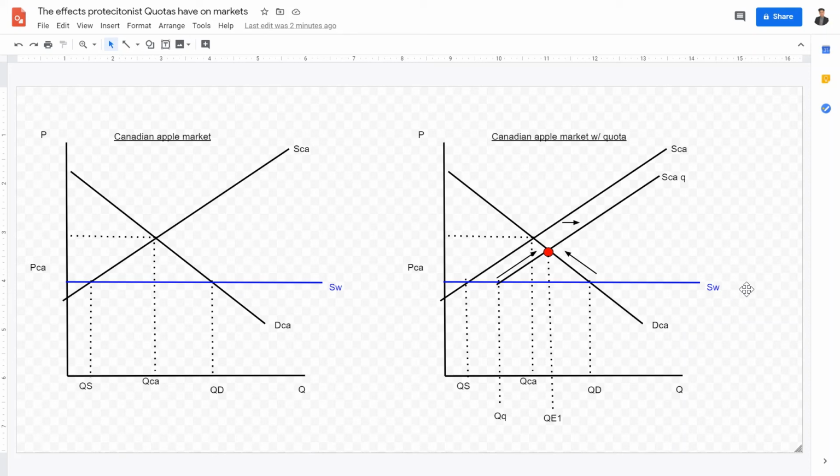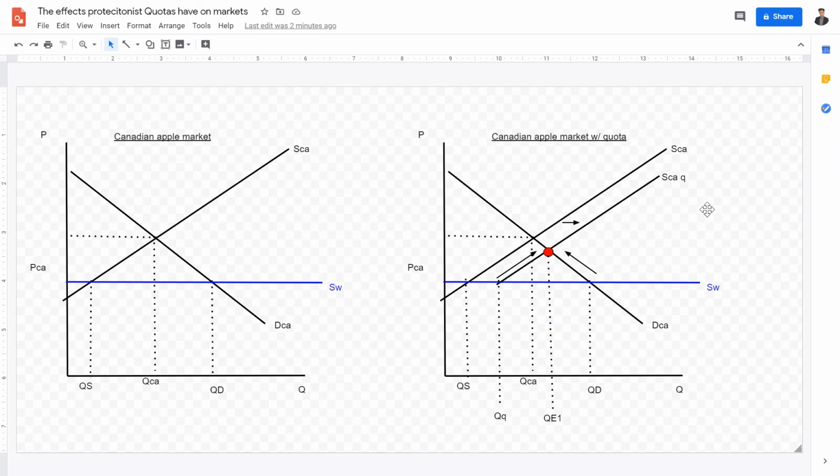This is actually a lot harder to diagram and to illustrate in graphic form, considering how it has to account for all the stakeholders and how it shifts. But all you have to know is that when a quota is enacted, the supply shifts to the intersection where the quantity of the quota is set. That is, the supply shifts to the location at which the quantity is set, which is this vertical line right here.